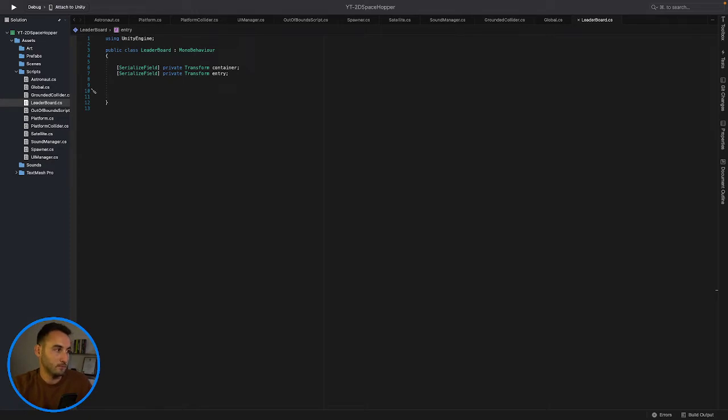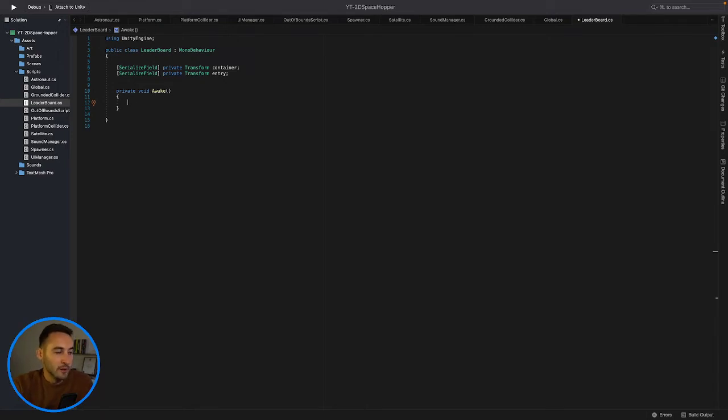So what we want to do here is whenever the game starts up, or whenever you access the leaderboard screen, either from the main menu that we will create eventually, or from the end of the gameplay, we want to call the awake method. So let's go and say awake. Cool. So in our awake method,